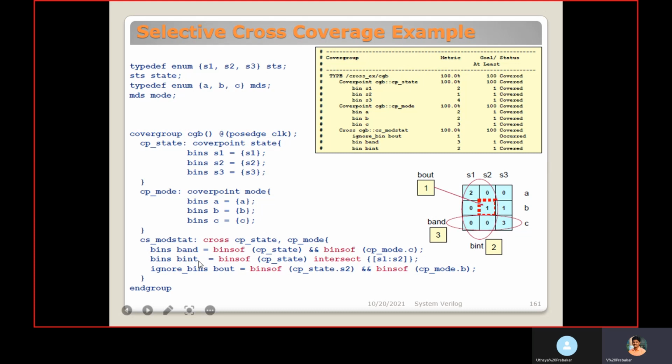It is independent of the mode. Mode may be A, B, C. At the time when we receive S1 or S2 for the state, this bin will get a hit.